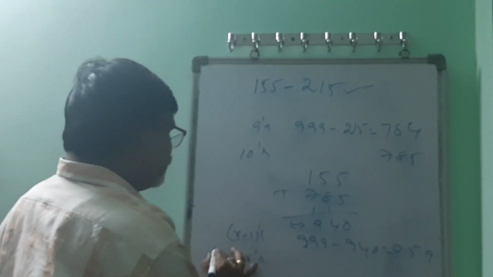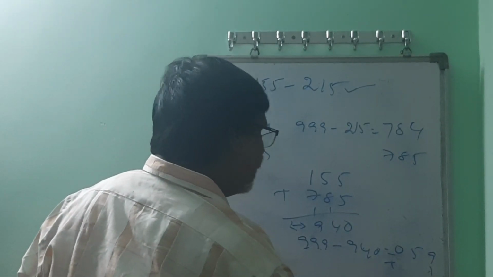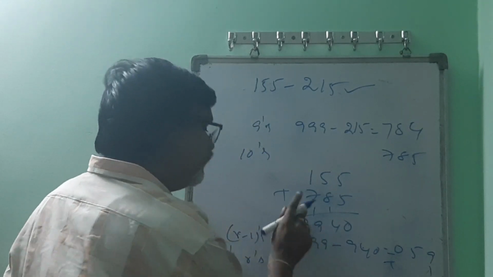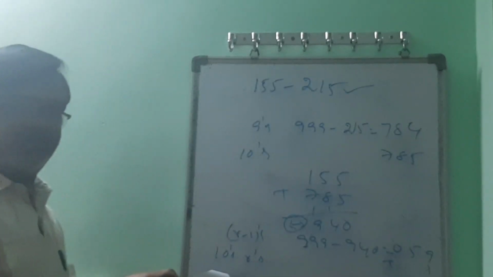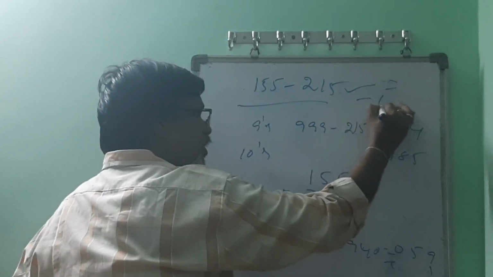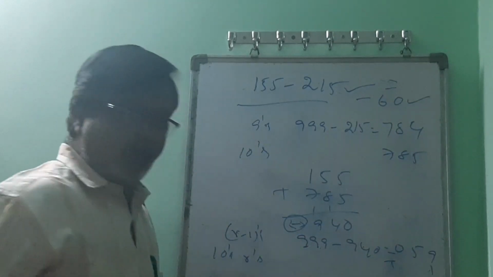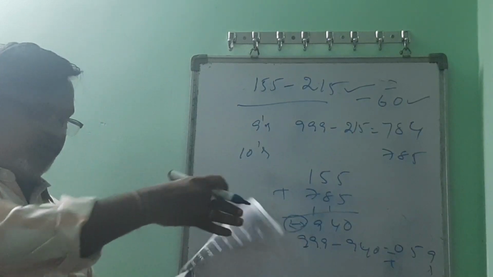So R's complement, that is 10's complement. Plus 1 is added, we got 60, but there is no carry. We are doing this procedure. In that situation, you have to consider the result is a negative value. So 155 minus 215 is equal to minus 60, which we know from the simple calculation. Okay, this is the way we are going to do it.